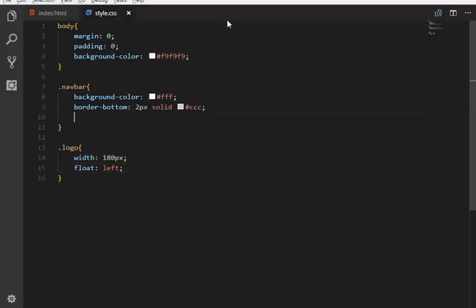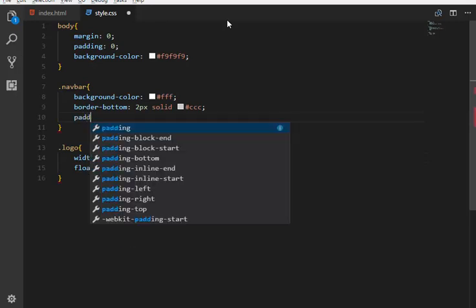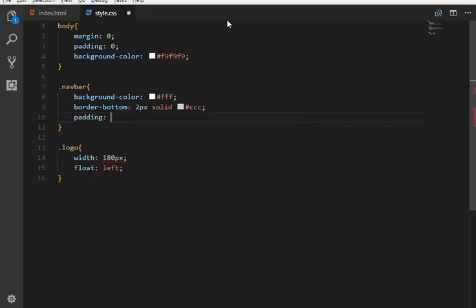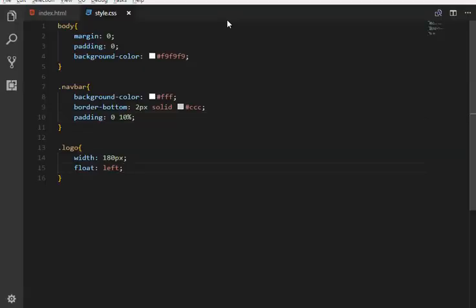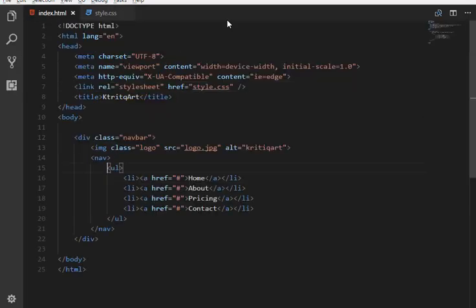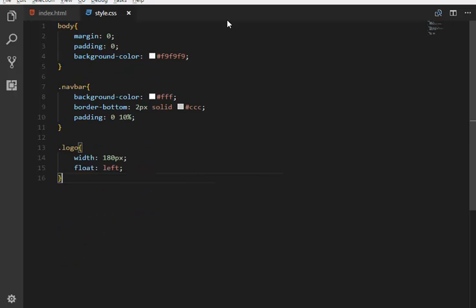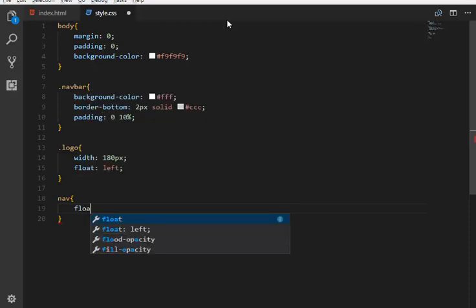So I will give the navbar class some padding. For the top and the bottom I will give it 0, and for the left and the right I will make it 10%. It's okay. It starts looking a little bit like it makes sense. Okay, and let's take our nav element and float it to the right,